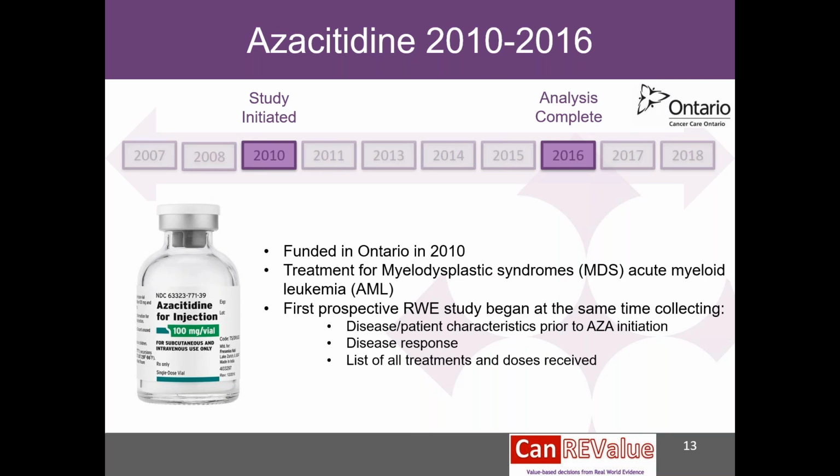It's for the treatment of a condition called myelodysplastic syndromes, and I will call it MDS, as well as acute myeloid leukemia, AML. Those are very serious conditions, understandably, and there are not a lot of treatment options for these diseases, especially back in 2010. And when azacitidine became available, there was a randomized controlled trial showing improvement in overall survival, showing that people live longer because of this drug in those particular indications.